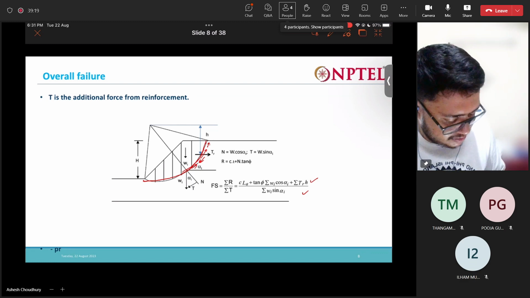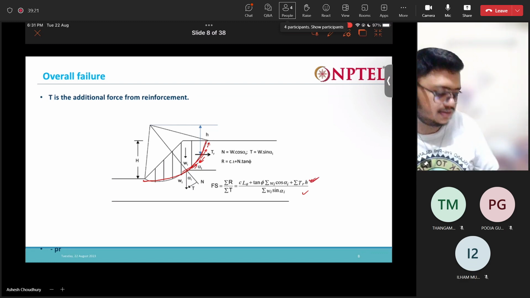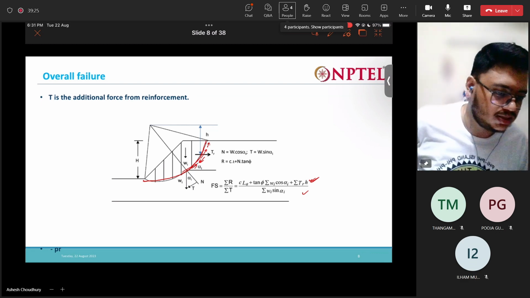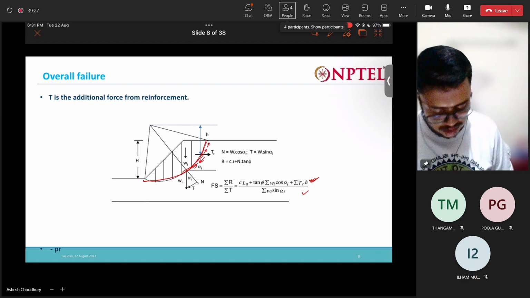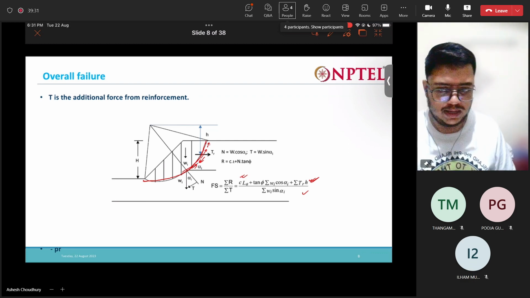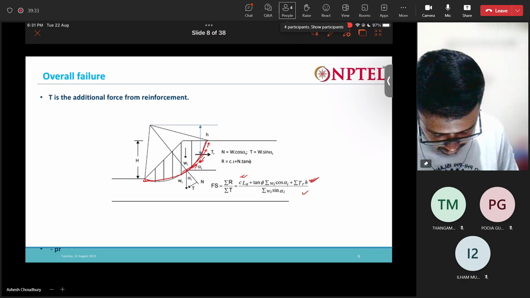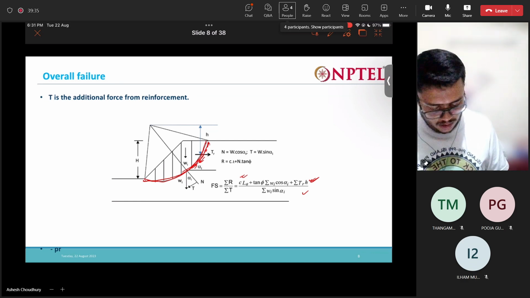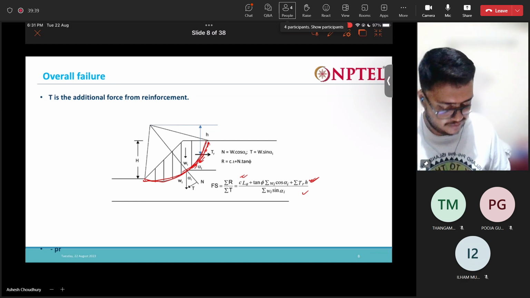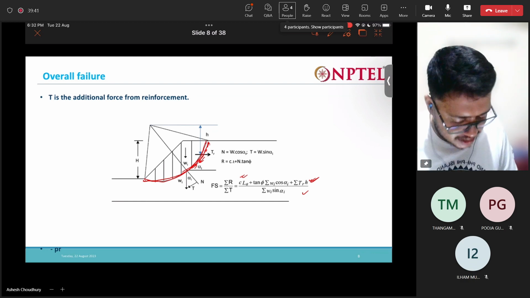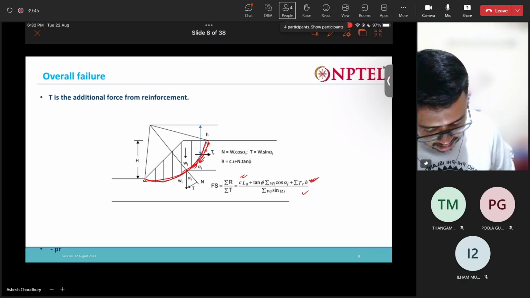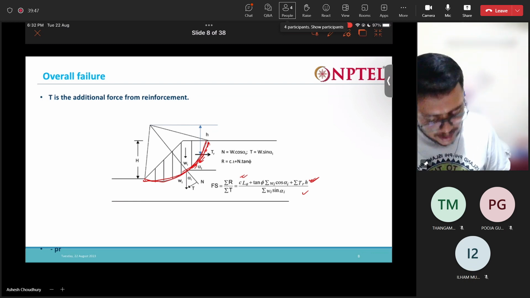So in the above, the numerator is nothing but the resisting moment of this resisting shear force. The first component is from the cohesion of the soil, C into La. La is nothing but the length of the slip surface. So C is the cohesion of the soil, La is the length of the slip surface. Then comes tan phi into Wi cos alpha, which is the resisting force that comes from the weight of